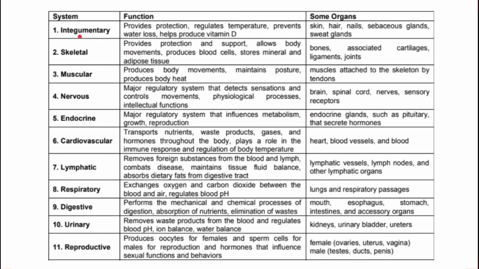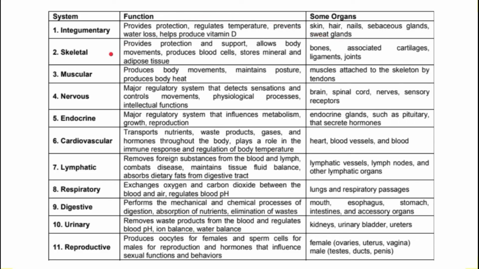So, number 1, here we have the integumentary system. Integumentary system provides protection, regulates the temperature, prevents water loss, and even helps produce vitamin D. Pag integumentary system po ang pinag-uusapan, isipin natin lagi dito yung skin. Like your skin, balat, the hairs, mga accessory organs, merong hair sa skin, nails, sebaceous glands for the oil glands, and even the sweat glands. Ayan. For temperature regulation, tayo po, pinagpapawisan tayo or we are having a sweat so that our body temperature can be regulated pag masyadong mainit or there is too much heat.